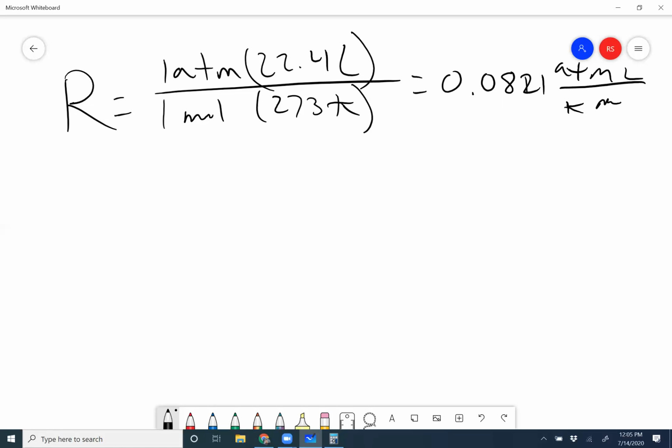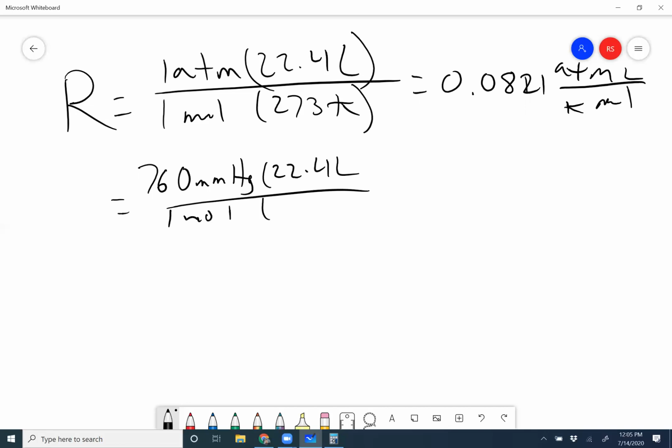And the answer is yes. So we can also have 760 mmHg, because everything else is the same. The only difference is that we measured our pressure in terms of millimeters of mercury. So all this is going to do is just multiply this by 760, which is 62.4 mmHg,